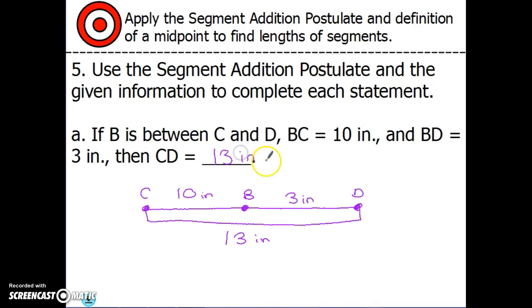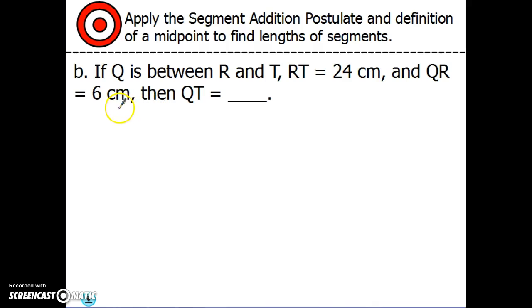Okay, let's try another one. Part B says: if Q is between R and T, RT is equal to 24 centimeters and QR is equal to 6 centimeters, then what is the length of QT? Please, before you start just adding numbers together, draw this out, because I think we have a little bit different information than we did in the first one. Because this time when we draw this,